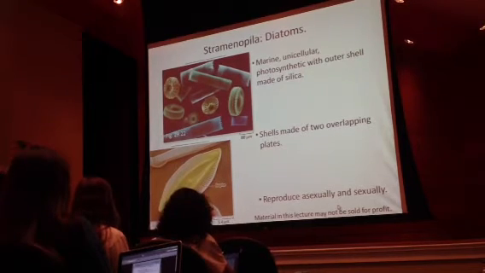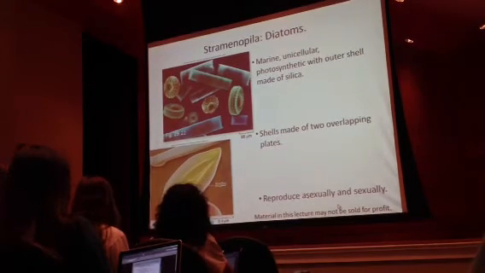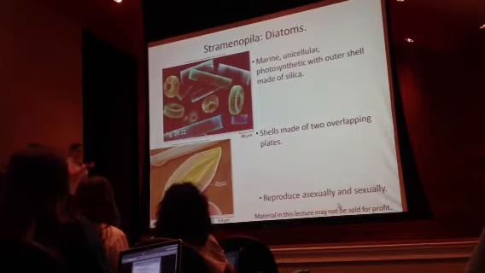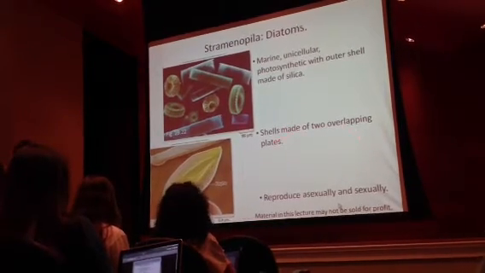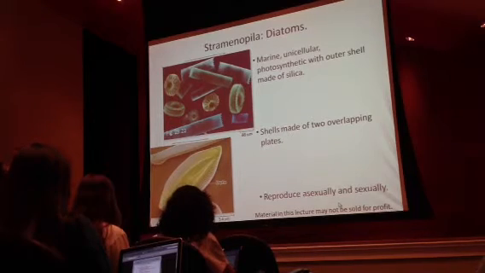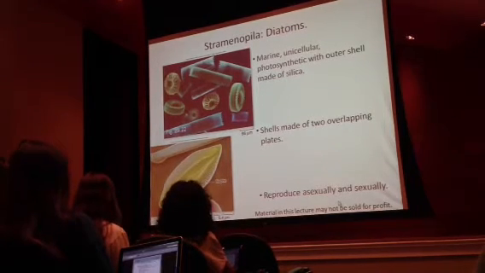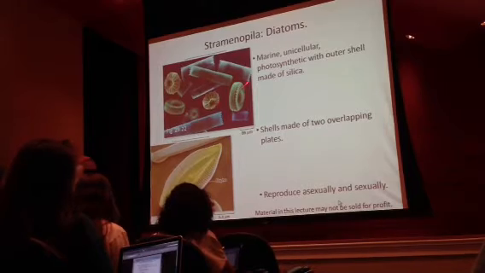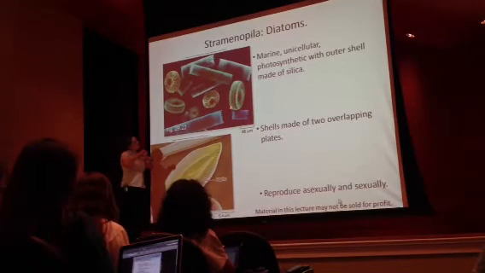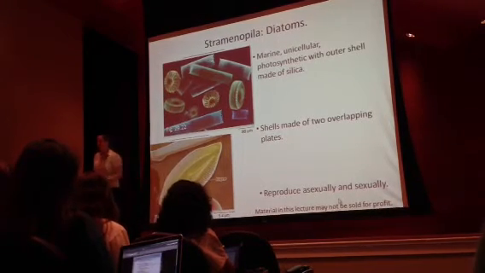But in actuality, they're like a petri dish. They have the top and a sort of lower piece that actually sets within it. Okay? So they're two overlapping plates. It's just like a petri dish when they're round. So this one here would actually have a smaller plate that's nested underneath the part you're seeing.